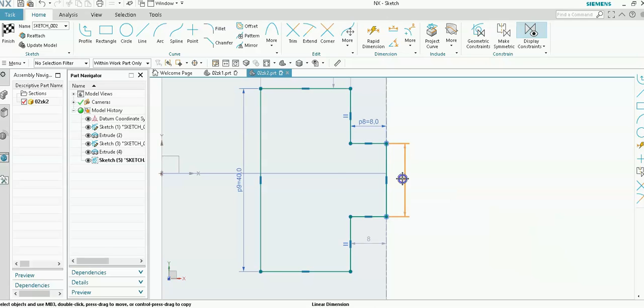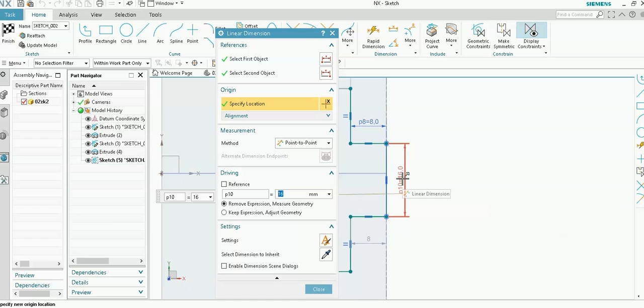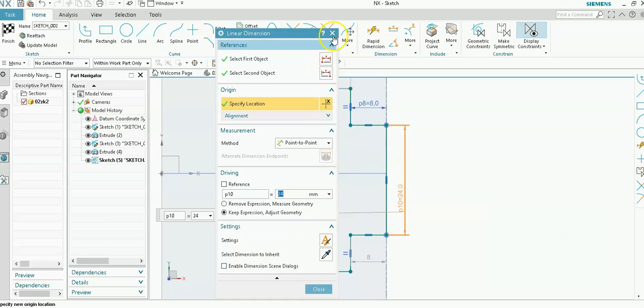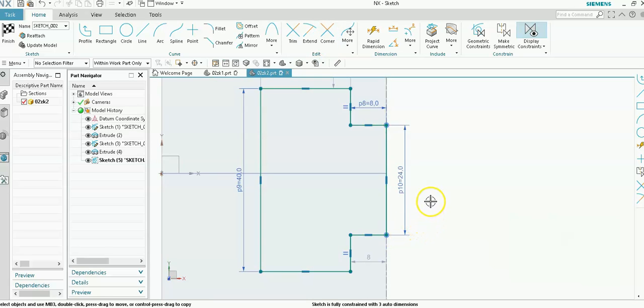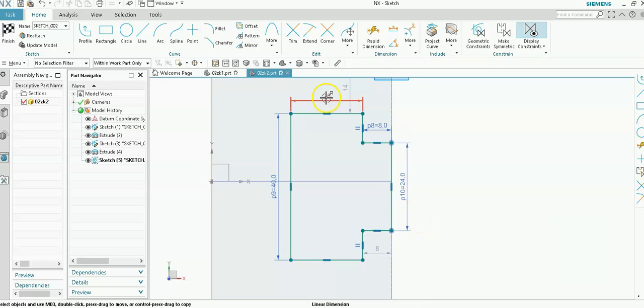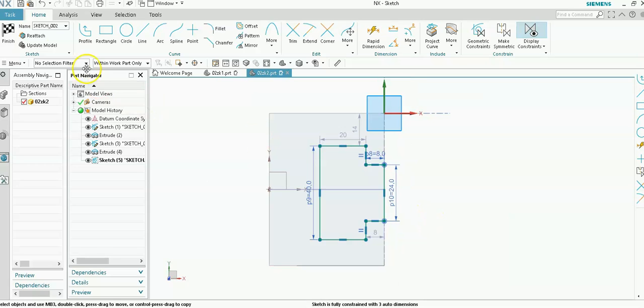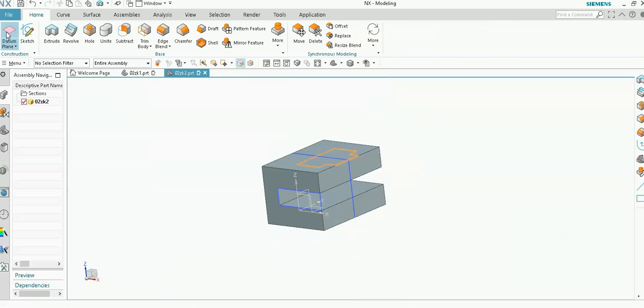I want this dimension to be 24, enter, close this dialog box, and also this should be 20, which is already 20, and everything else is fine. So I would go to finish, and now I have this element that I can start cutting out from my